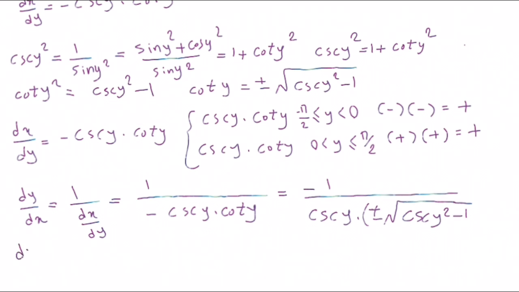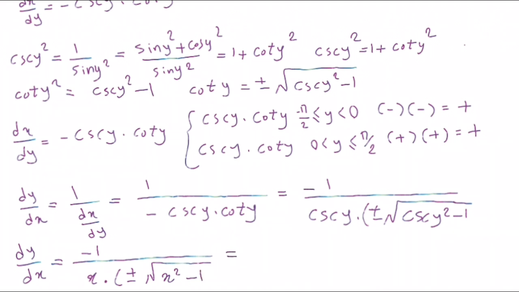So the derivative of y with respect to x equals negative 1 over x times positive or negative square root of x squared minus 1, and we know that the result of x times positive or negative square root of x squared minus 1 is a positive number,